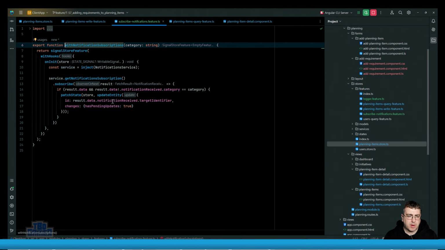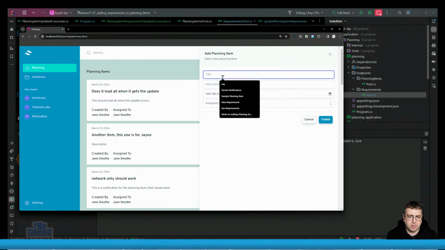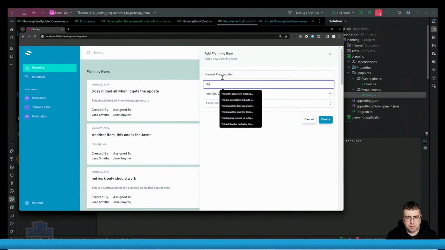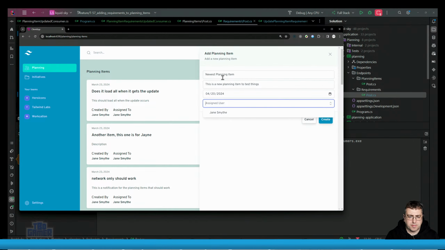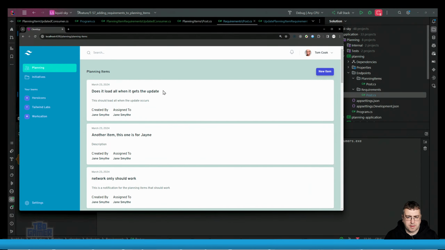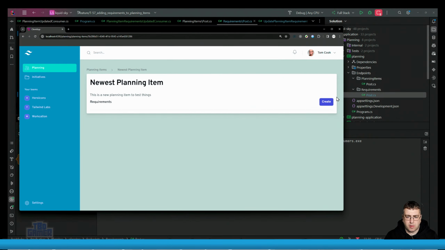So if I do anything based off this, let's say I add a new planning item. Let's see if we can do this before we actually get there. Newest planning item. So if I do 04 20 2024 assigned to me, create that. That'll be down at the bottom. I can go in here. If I create a requirement now,